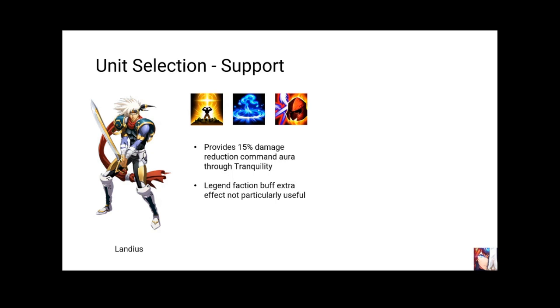Now, you could bring his Legend Faction buff, however, the thing about Ancient Call is, with the 100% stat boost, it does not stack with a faction buff. So the stats you get from a faction buff do not apply, however, the extra effect you have will still apply to units within the Ancient Call fight. Now, Landius's faction buff isn't particularly useful for this fight, nor are we really fighting with a lot of legend units, so in my opinion it's better to forego it, and rather I think Iron Helmet is probably the best skill